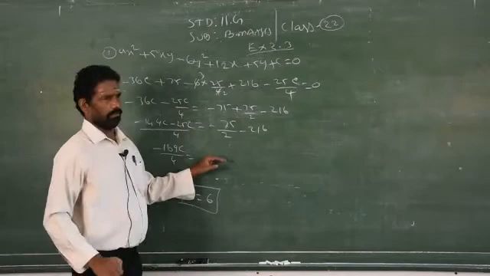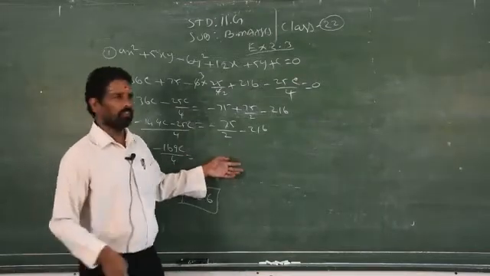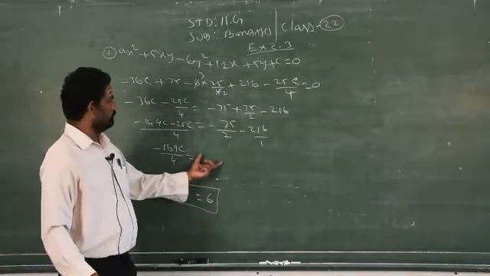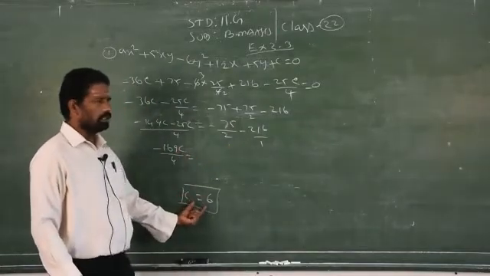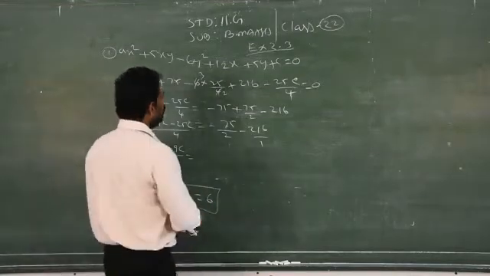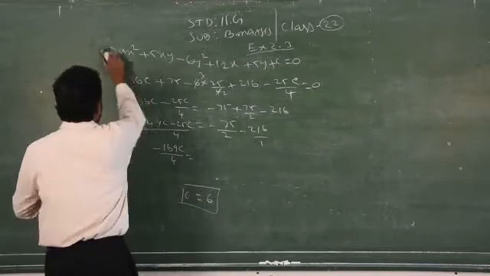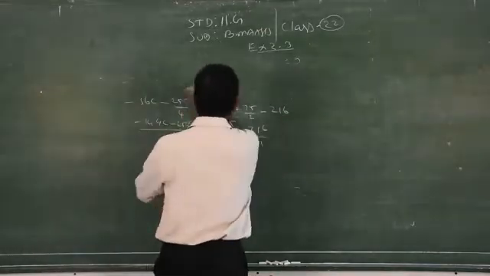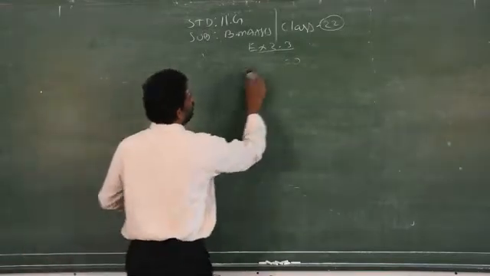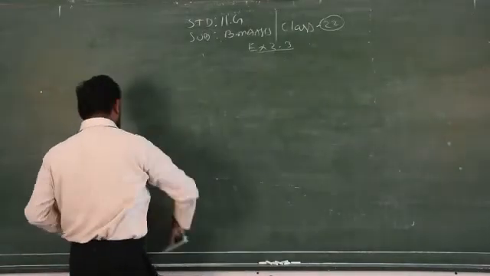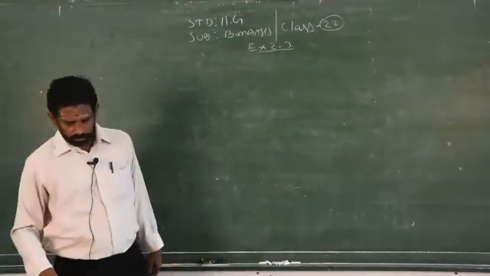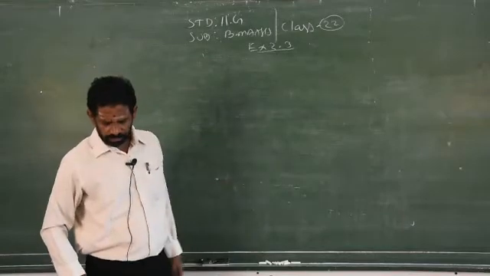So you have to simplify. This is normal simplification. You are in 11th standard, so just apply cross multiplication or LCM, simplify and find the value of c. You will get c is equal to how much? 6. If you get anything other than 6, please call me, I will help you. So this is the process. This is very easy. If you use the determinant method also, you will get the value of c, but in fractional format it will be a little tedious to proceed. That's why I suggest you take the first formula.